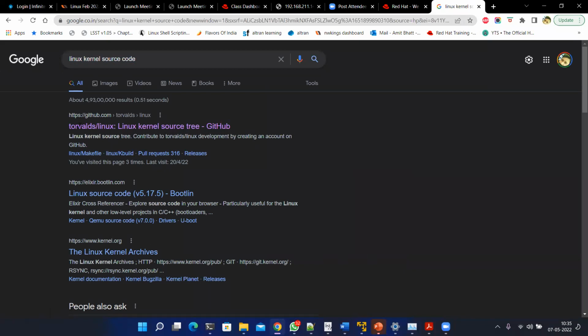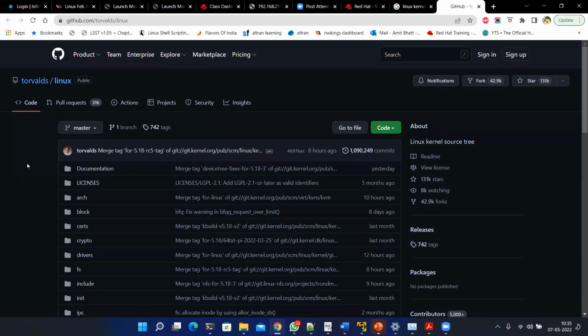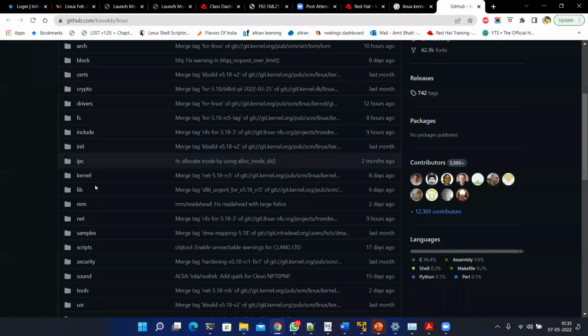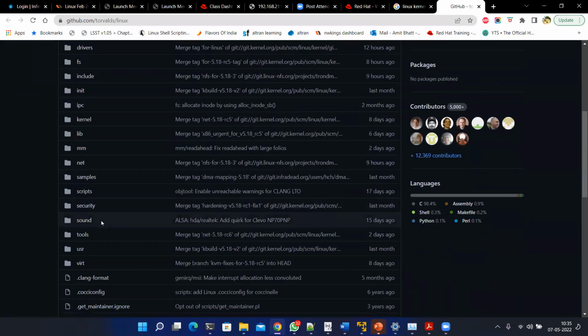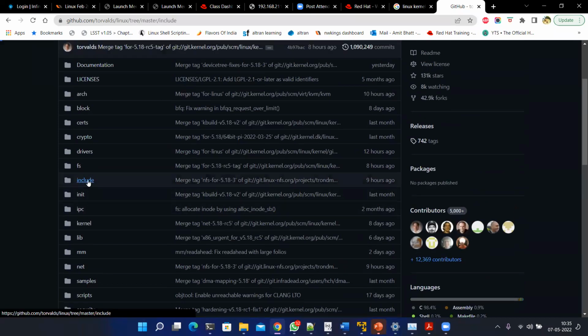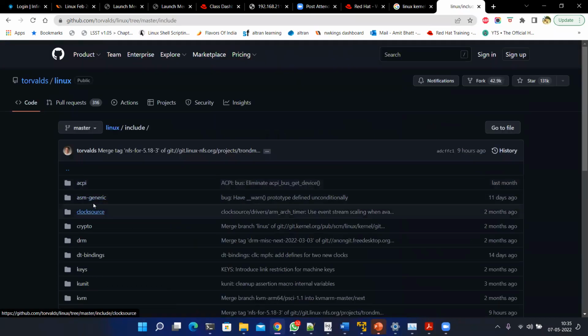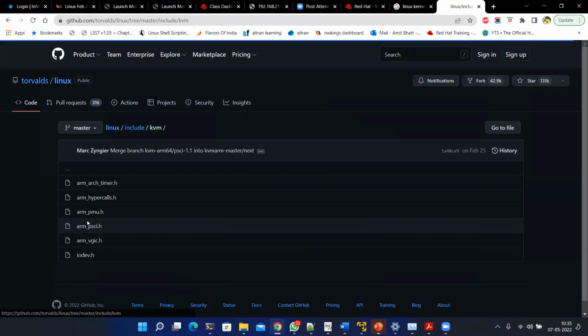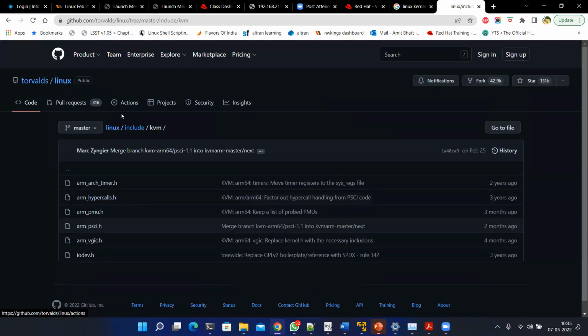You will see Torvalds/Linux. This is the GitHub repository of Linus Torvalds. And there you go, these are all files. Let me go to some file. These are all header files.